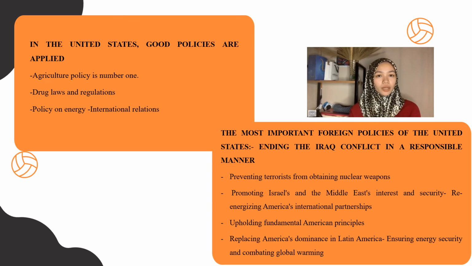Second is drug law and regulation. The United States drug policy is overseen by the Office of National Drug Control Policy, a former cabinet-level component of the Executive Office of the President of the United States. The Anti-Drug Abuse Act of 1988 established it. Its declared mission is to establish policies, goals, and objectives in the United States to eliminate illicit drug use, manufacturing, and trafficking, as well as drug-related crime and violence and health impacts.